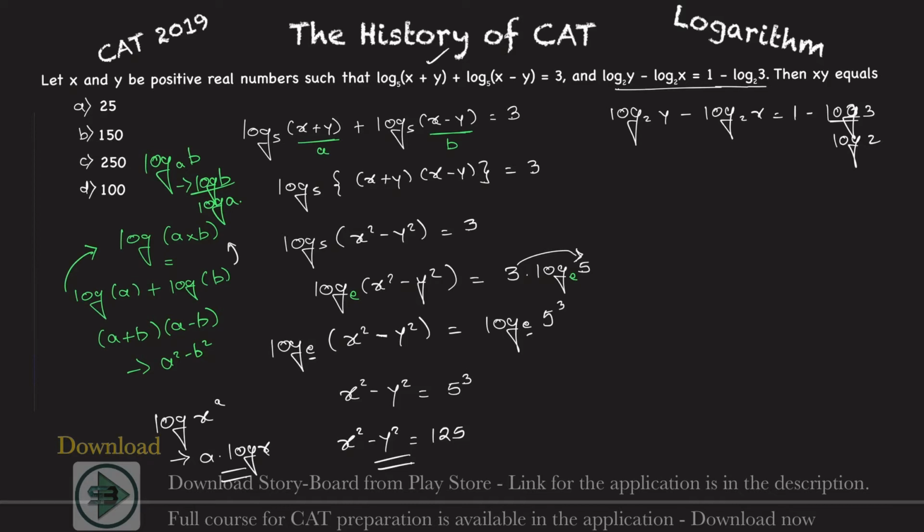Now base of both of this will be what then? E. Okay, base of both of this is e. So similarly the base of both of this will be e. That's what I did here. Now what can I do with this? What formula is this? Can you recall what formula is this? A minus b. This is log of a minus log of b, so log of a by b. Okay, can you recall this formula? What is log of a by b? That is equal to log a minus log b. Correct? Log a minus log b.